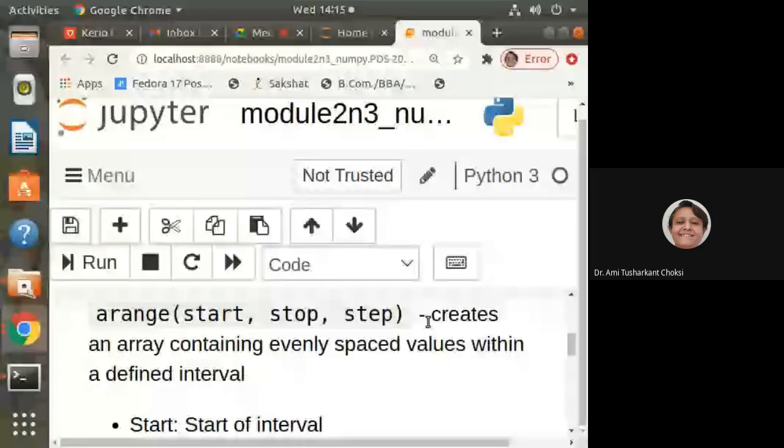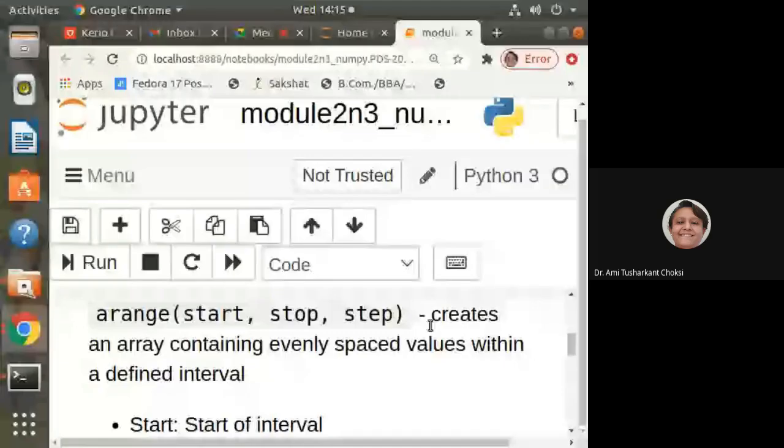Then arange: start, stop, and step. Typically, we have the range function in Python. There we say that start is there, start and stop is there, as well as start, stop, and whatever increment or decrement you want. So such a thing is arange.